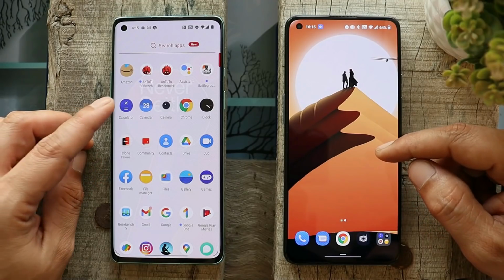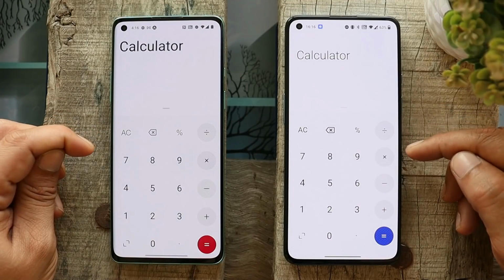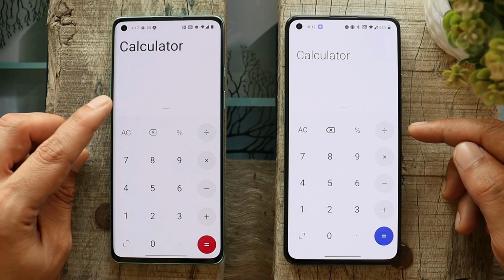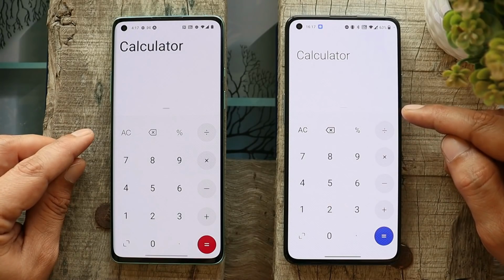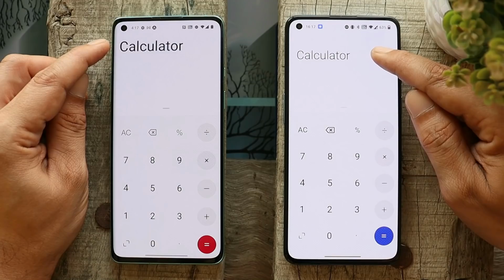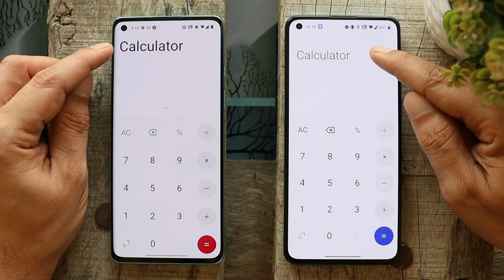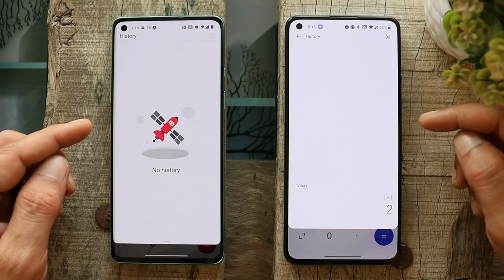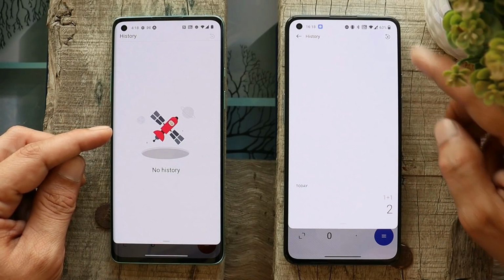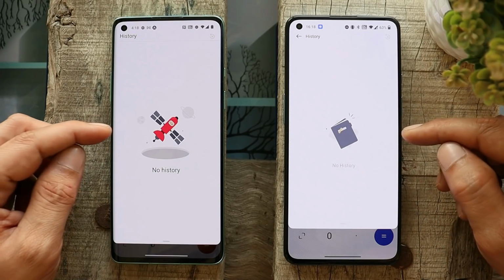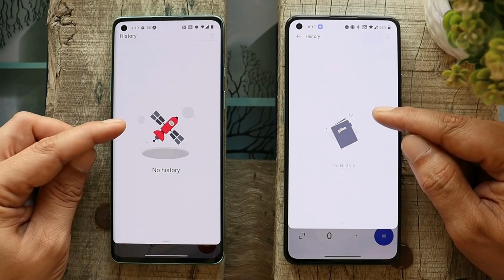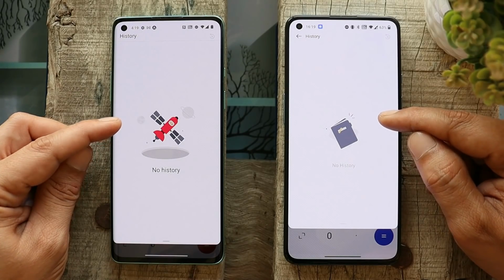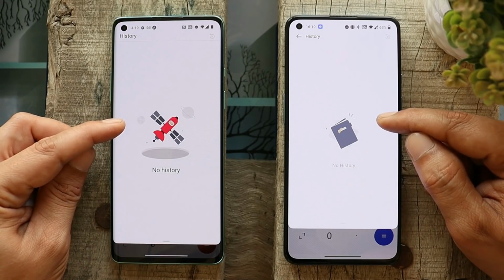And if I roll back to the previous version of the calculator application, here you can see the difference between both the applications. This is the application which we get to see on Oxygen OS 11, and towards the right-hand side this is on Oxygen OS 12. So not a major difference. The first change you're going to notice is related to the font. On Oxygen OS 11 we can see a slightly thicker font. So this is a minor difference in the calculator app if you compare Oxygen OS 11 versus Oxygen OS 12. And if I clear history on both the OS, here also you will see a slight change in the history section. On Oxygen OS 12 you can see the image of a book, but on Oxygen OS 11 we have this satellite image, and it is a more colorful image on Oxygen OS 11.